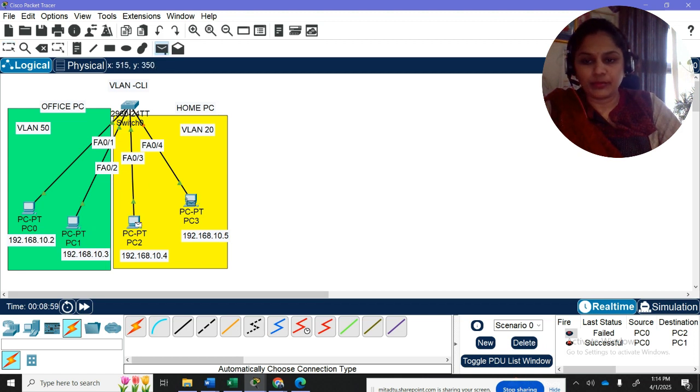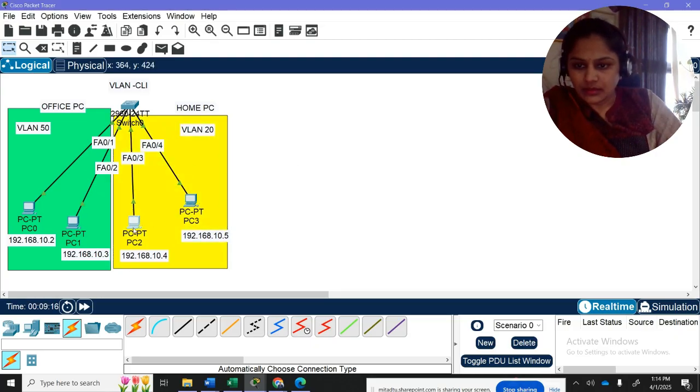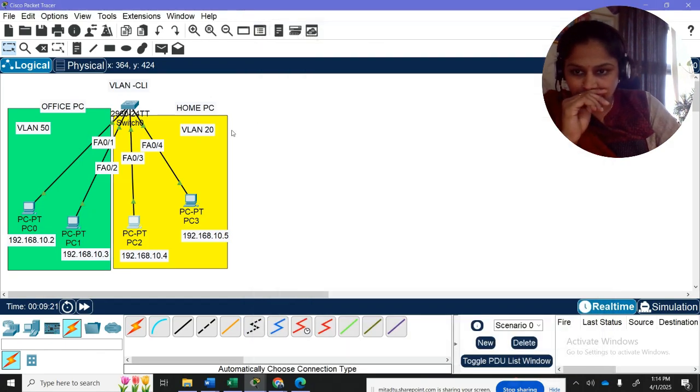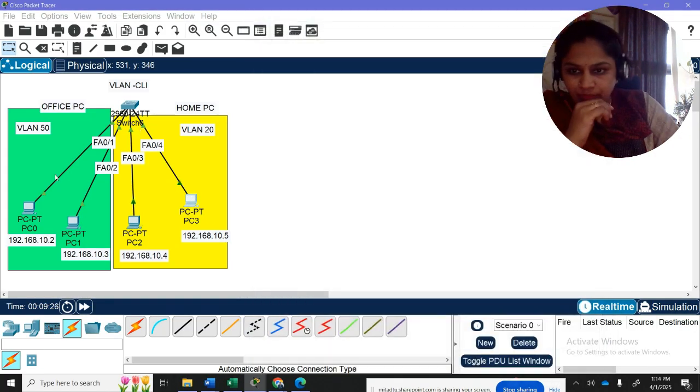Even your second network can internally communicate. This PC's IP is 4, yes, and the IP for this is 5, and 0/3. Okay, this should communicate, yes.